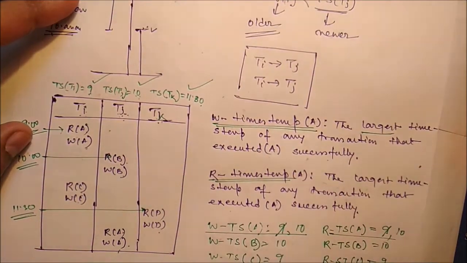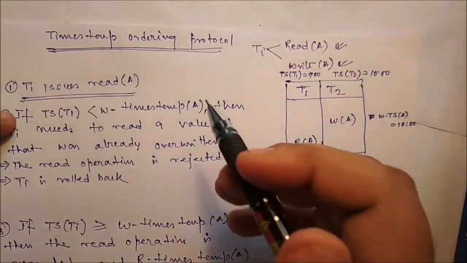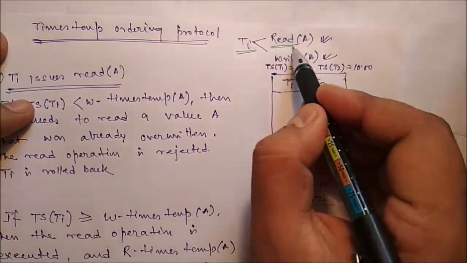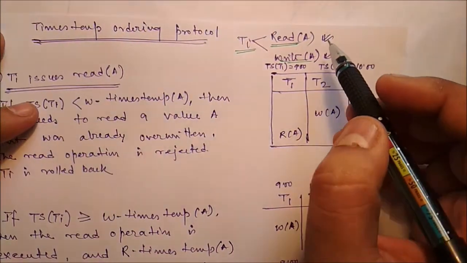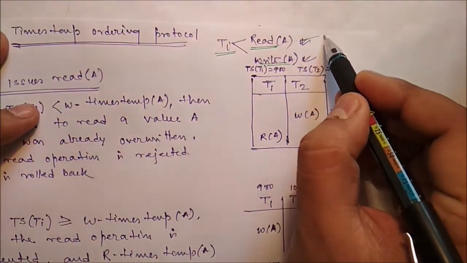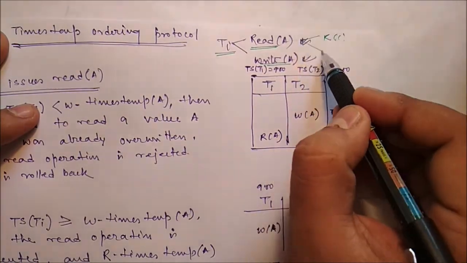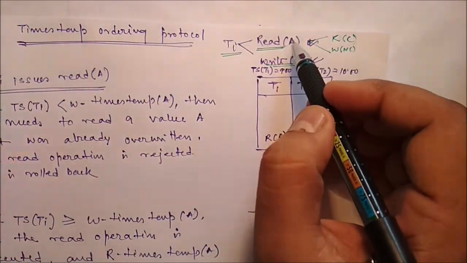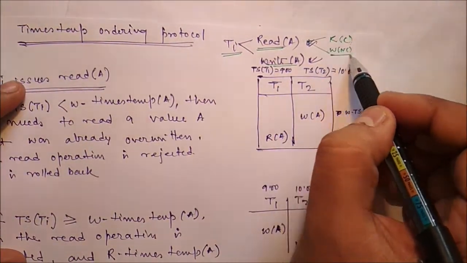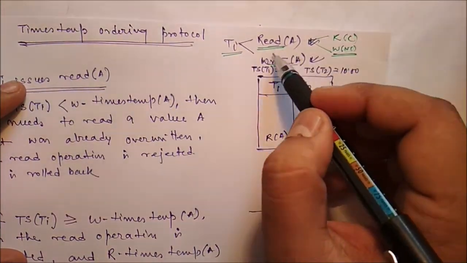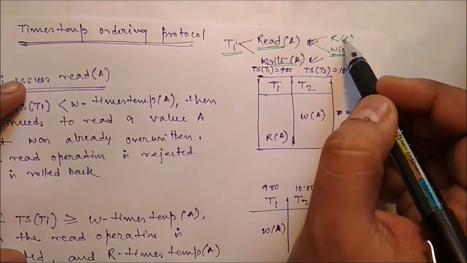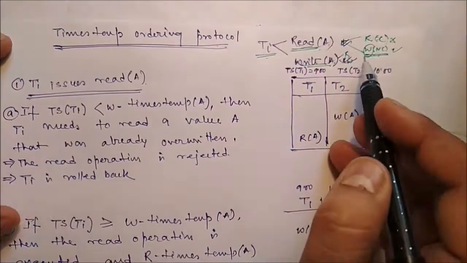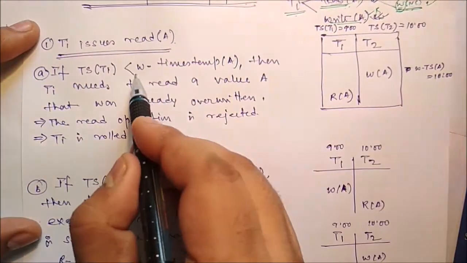Next we will discuss the timestamp ordering protocol. Okay, now you can see the timestamp ordering protocol. Now here Ti needs to read a variable and to write a variable. Now to read a variable, already you know, read-read is compatible, and read-write is not compatible. That means if a transaction tries to read a variable, we have to consider only the write operation. But if a transaction tries to write anything, we have to consider both read and write operations. So you can see Ti issues a read operation, that means we have to only consider the write operation.